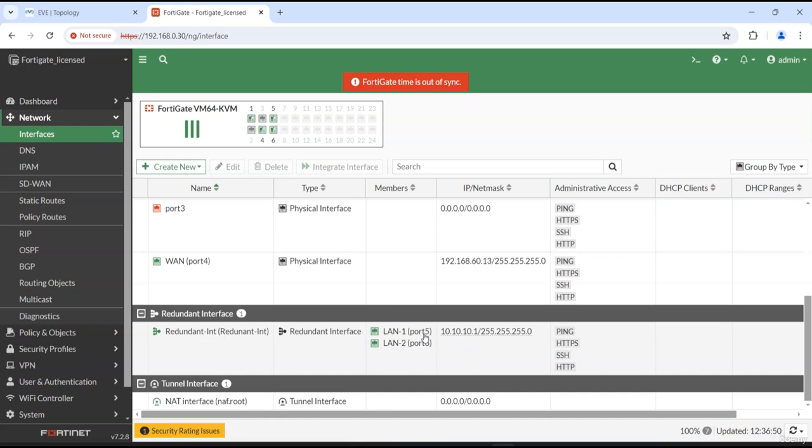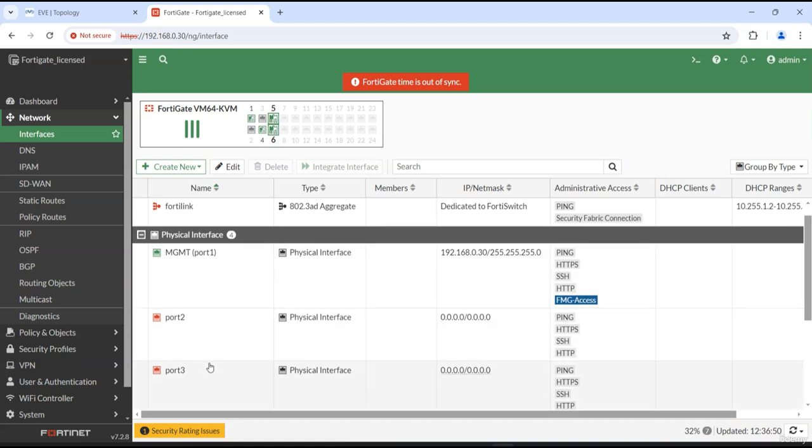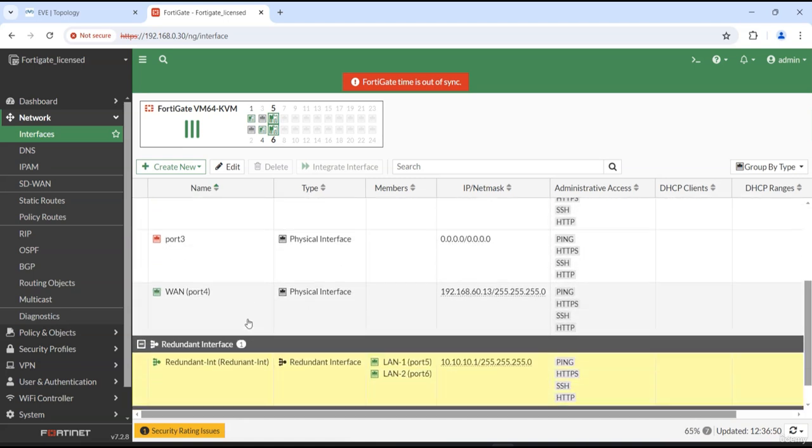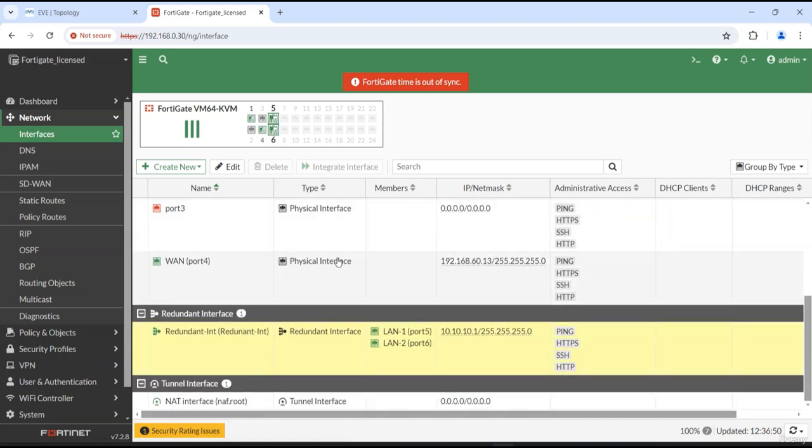Now you cannot manage port 5 and port 6 individually, both are clubbed as a redundant link, because if you see here, you don't see port 5 or port 6 information. You cannot directly edit port 5 or port 6 now, unless it's part of a redundant thing, right? All right, so now